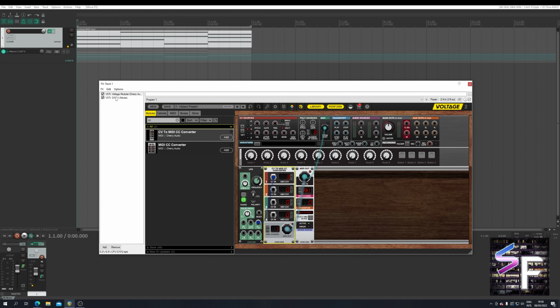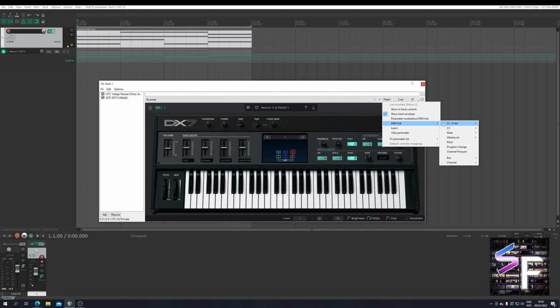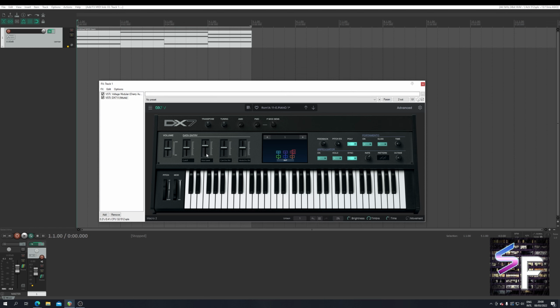For this, we need to go into the Arturia VST. And to assign a CC, you can just click whatever control you want. So let's click the mod level. And if we go to parameter, last touch, macro 2, we can now say MIDI link, CC3. And now you will see this controller being controlled by the LFO. So now if we play it back,